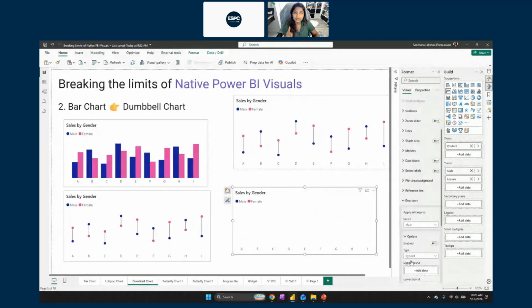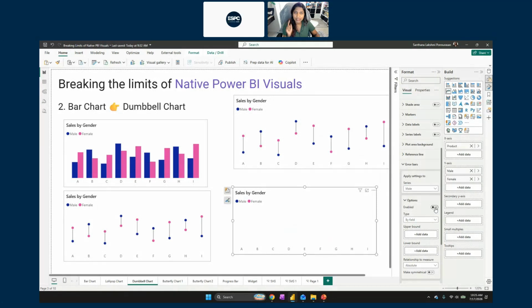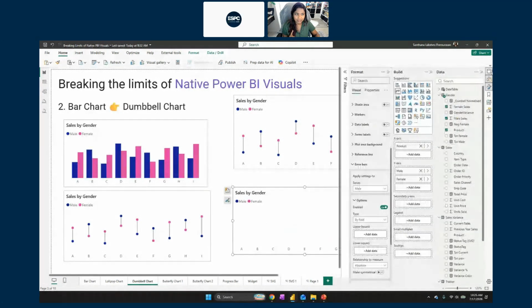Once you enable the error bars and throw in values, you see how I just put my measure into my upper bound, you automatically get that particular line. So it's by default, you don't have to worry about it. I hope that answers your question. Perfect, thank you for that.